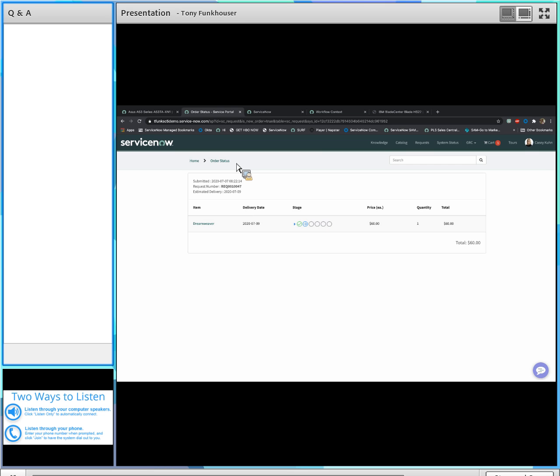No longer am I picking up the phone and ordering something or using email where I never know when I'm going to get that item until it shows up in my cube. Here we have an estimated delivery, and we're even exposing stages of the workflow. We're not showing the entire workflow because the end user really doesn't care, but we're able to stage out portions of that workflow